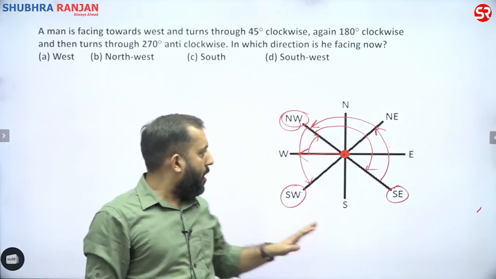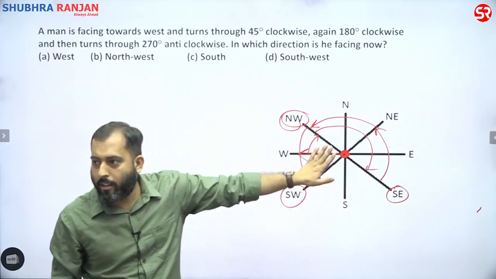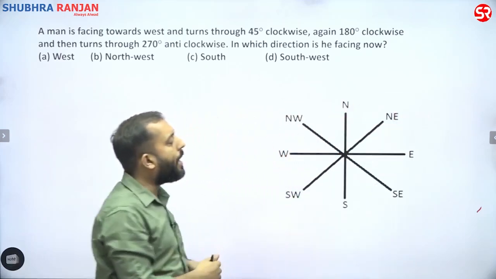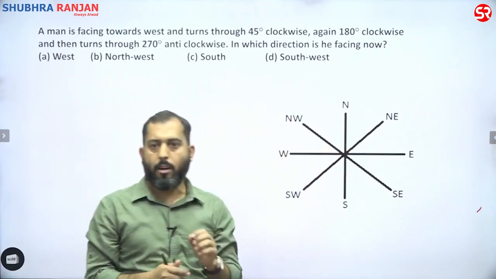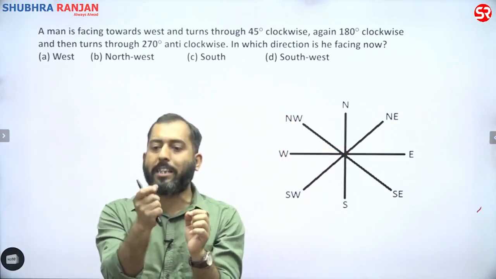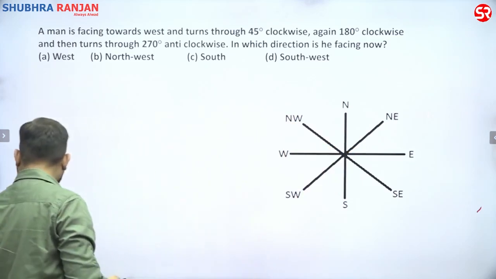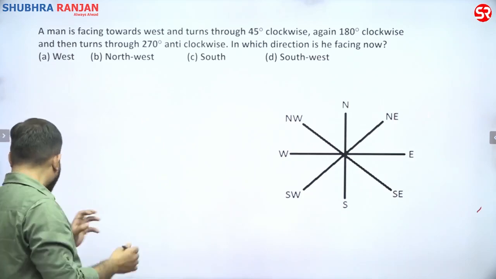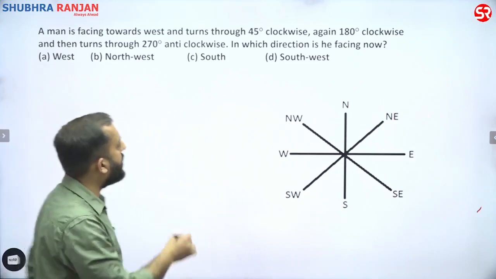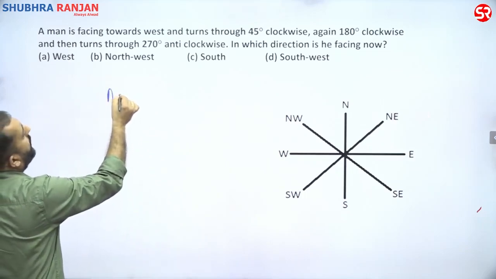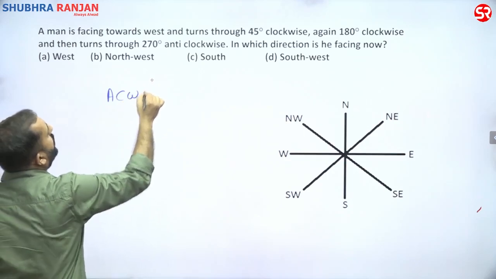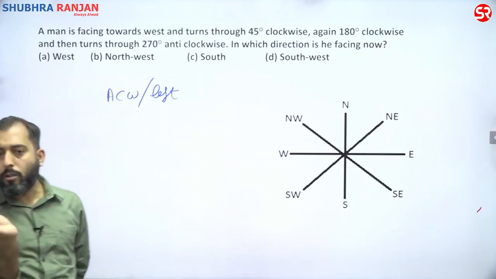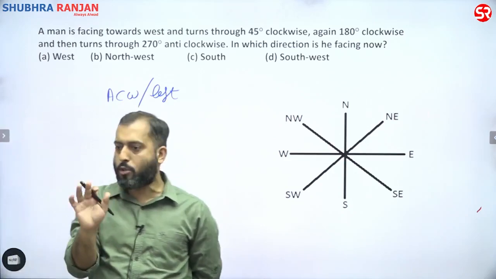Now, you did it this way, okay. There is one more way of dealing with it. Rather than drawing all this, we can conclude this mathematically also. How? We will make an assumption here. If you are going anti-clockwise or you are going left, it is one and the same thing, yes or no? From a point, if you turn anti-clockwise or you turn left, it is one and the same thing.